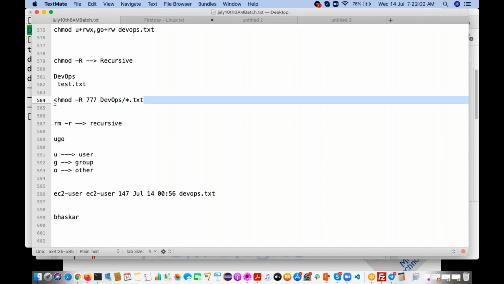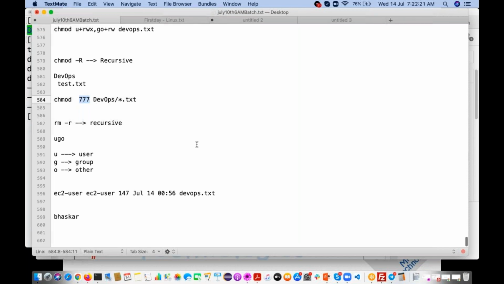In this case you have to remove the -R option. Star.txt means for all the text files it is going to give 7 permissions. You can go ahead and give. So Pawan was asking that question. Clear?